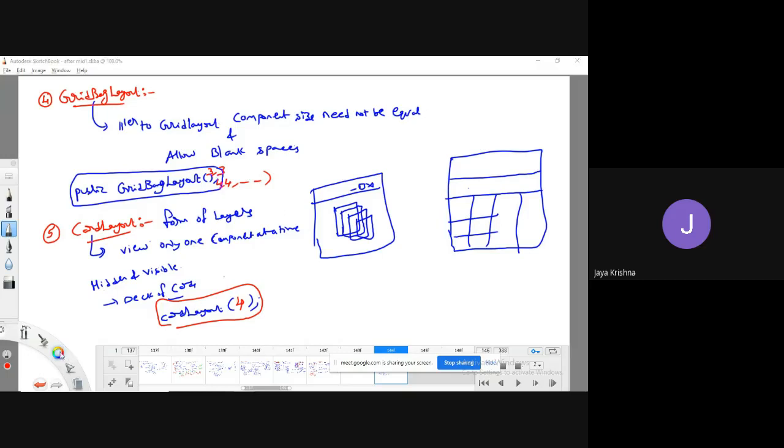Actually, in card layout, you will have methods like first method, next method, previous method, last method. These are the various kinds of methods available in the card layout. What do you mean by first method?